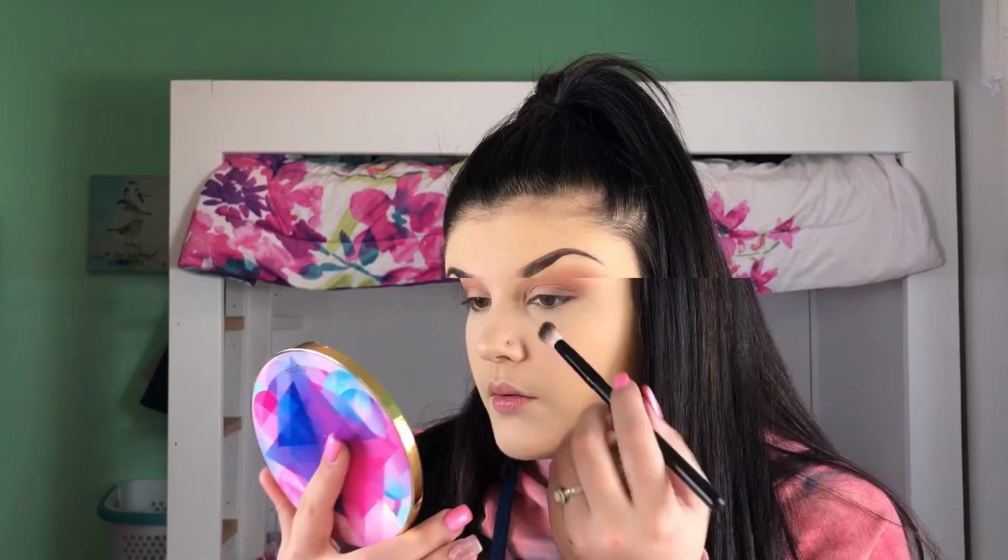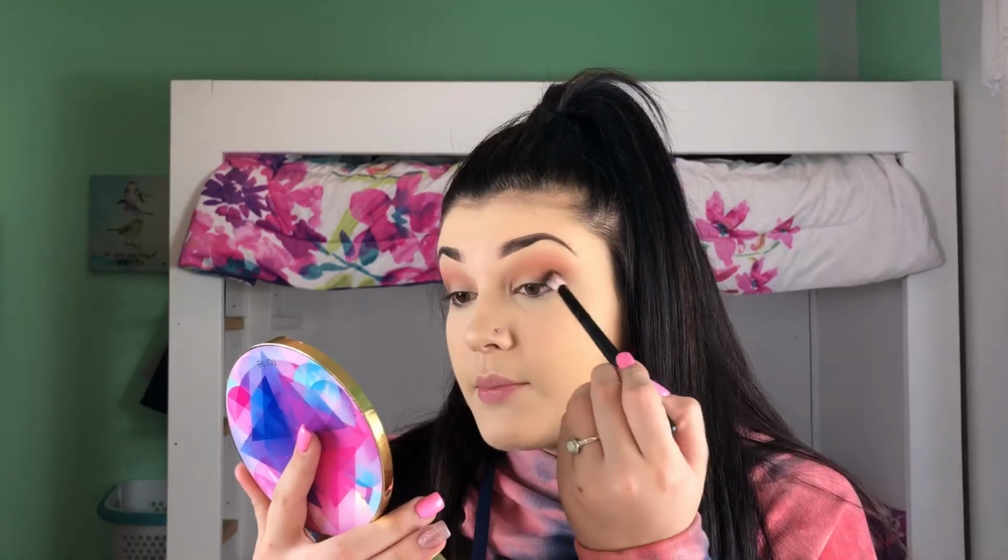And when you're done with that, I'm going to go back in with that same fluffy, bigger fluffy Morphe brush I was using before, dip back into Peach Tart just the tiniest bit so that I can blend that white shade and this brown shade together. When you are done blending Peach Tart into your outer V and your outer crease,